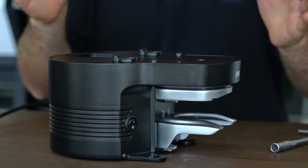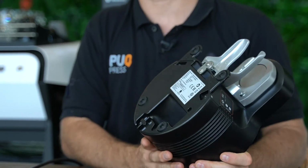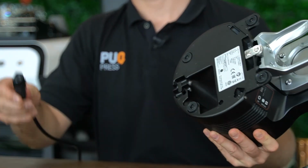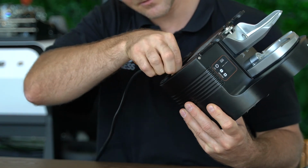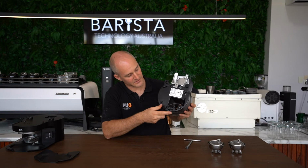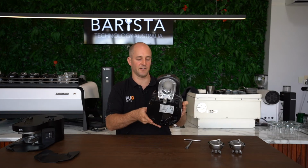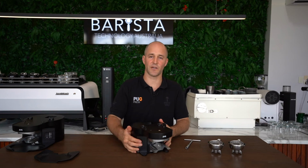So the next step is to turn over our puck press, and now we're going to plug in the power cord into the receptacle, which is in the cavity down the back. So have a look at the plug and put it in the correct position, and we're going to slide it down and get a positive connection. At the back of the puck press you've also got some guides, so we're going to thread gently the cable through the back to face the rear, and we're going to place it back down on the bench. At this point we're going to turn it on,